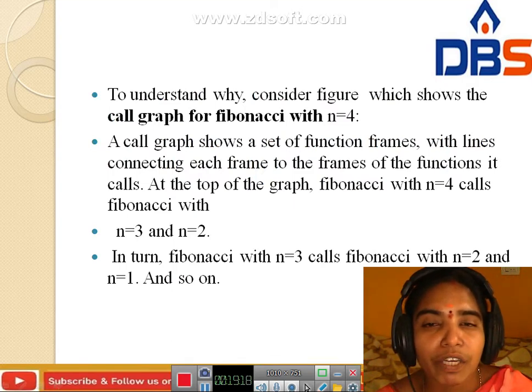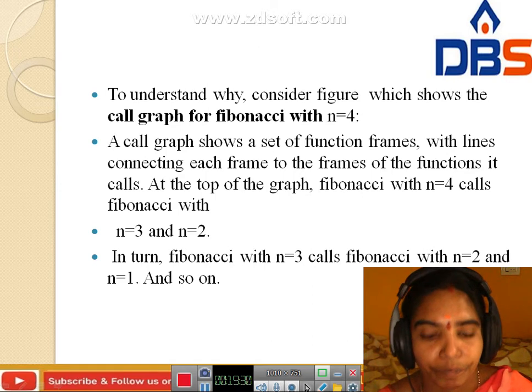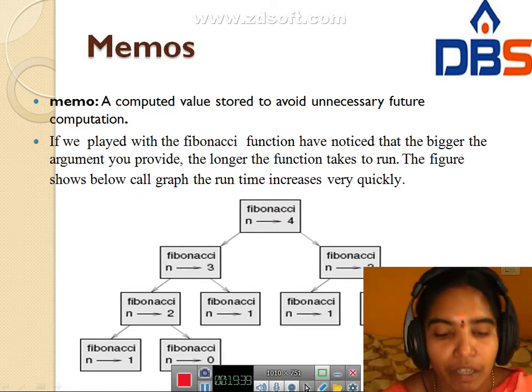At the top of the graph, Fibonacci n equal to 4 calls Fibonacci with n equal to 3 and n equal to 2. Likewise, Fibonacci n equal to 3 calls n equal to 2 and n equal to 1, and so on.